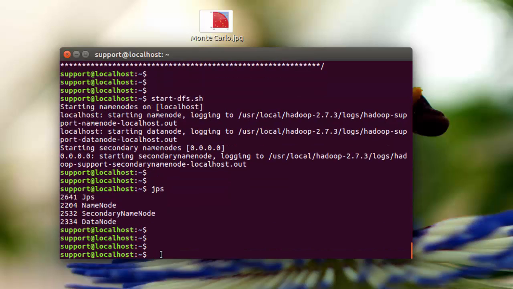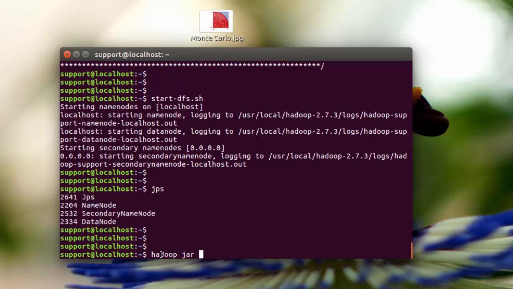So step three is going to be to run a local MapReduce job. And when doing so, we're going to use something from examples.jar. So the first thing we're going to do here is view the example that we're going to use by essentially not completing the command syntax when executing the jar. So we're going to type hadoop